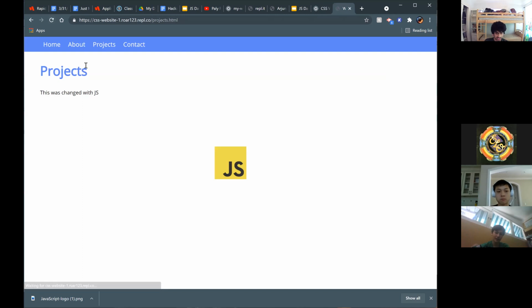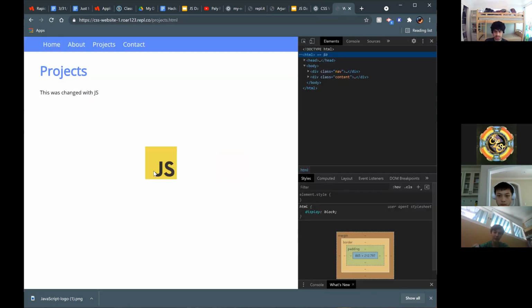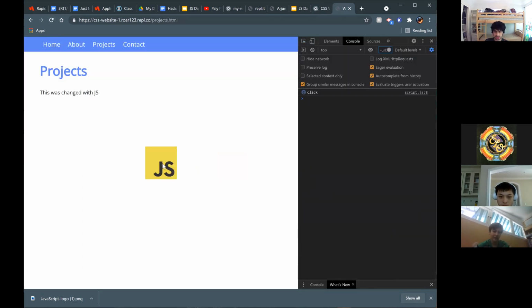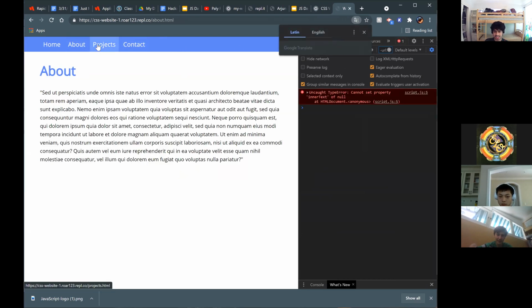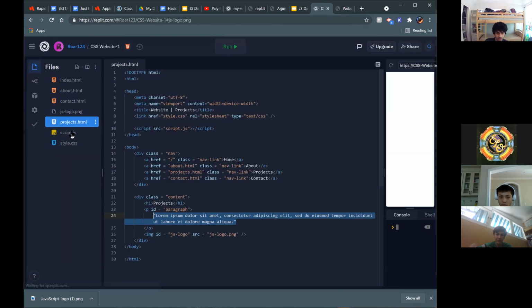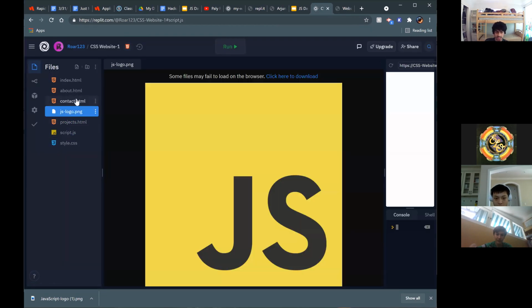So what we can see here is, click this in the console, we have click. So it's working. And if I click anything else, it doesn't. Okay. And an important thing we should do is, what we're doing with script.js, this is being included in all